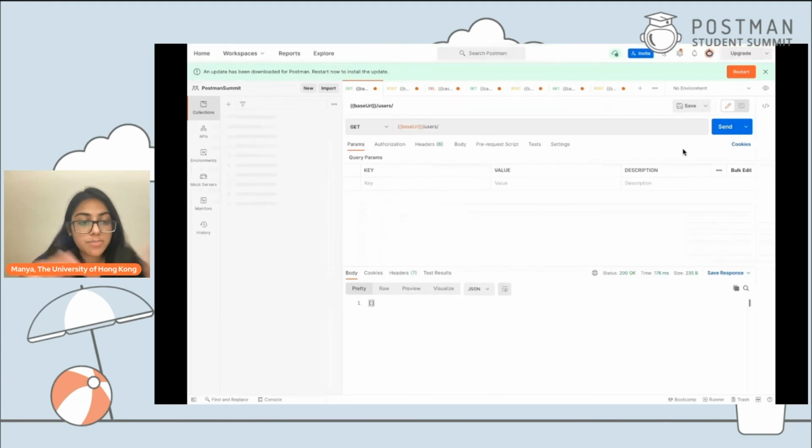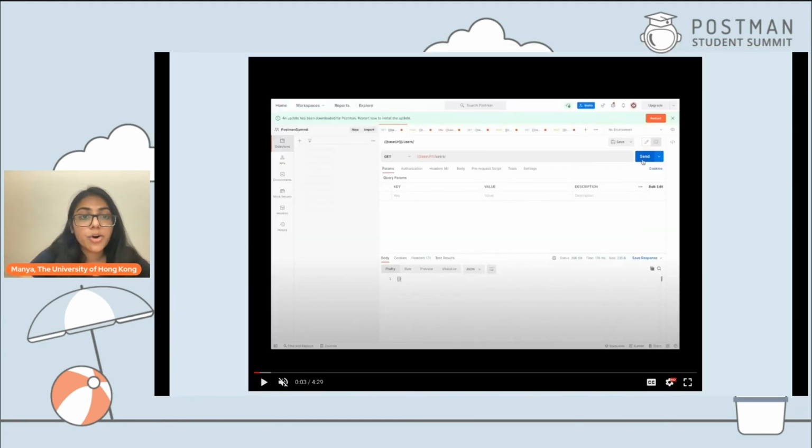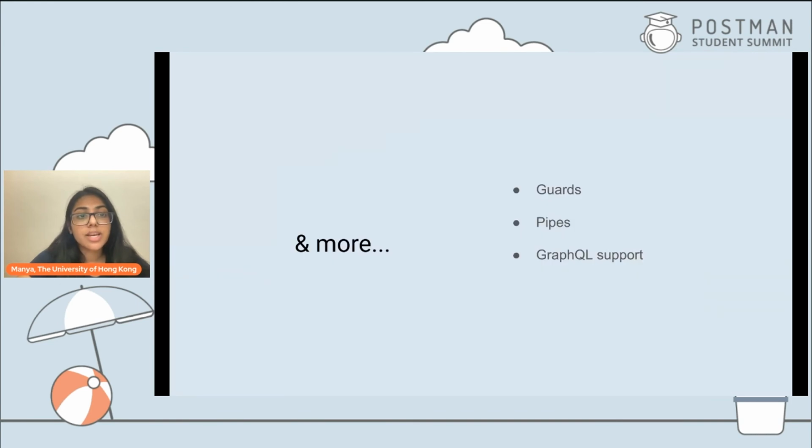And it's quite simple to get started with doing all of that. Okay, so the next thing is that there are a lot of other interesting and amazing things happening in the Nest.js environment. You have things like guards, which means that if I have a request and I only want to say authenticated users to enter it or a certain authorized user to enter it, I can put a guard with a request. And putting guards is also pretty straightforward. You use decorators for the same, and you just say that, okay, this particular thing is guarded by this sort of